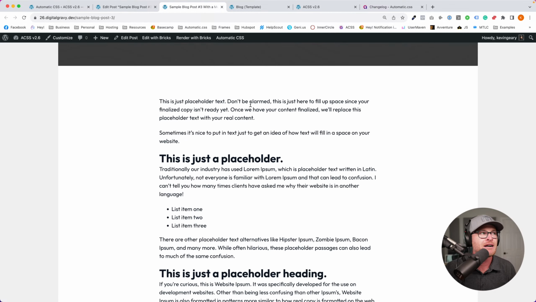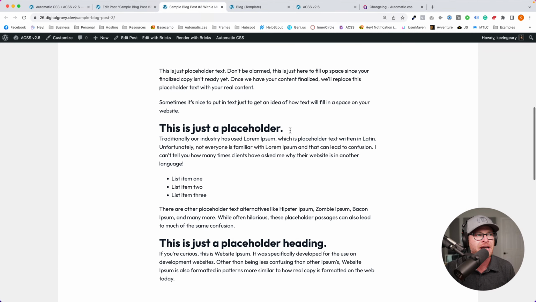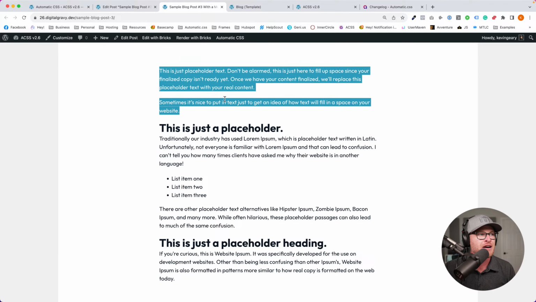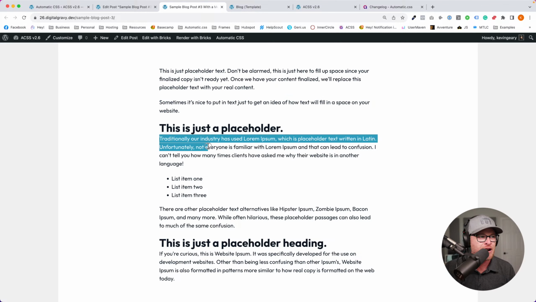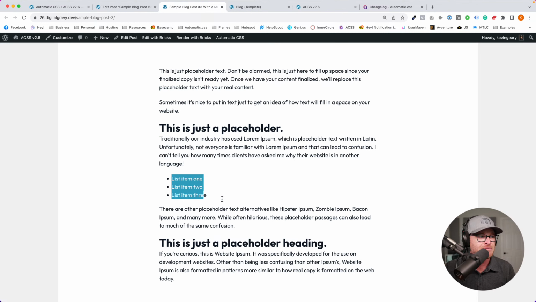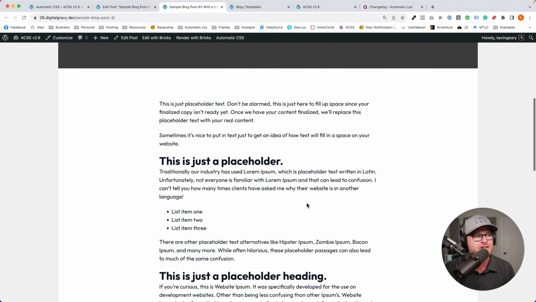So if you just add a blog post template and you're not using automatic CSS, you're going to see that it's like, all right, paragraphs, fine, whatever. This heading running into this paragraph down here, not so fantastic. These list items having completely different spacing, like almost no spacing between them when paragraphs have spacing between, they're a little squished. Not so great, not so great.